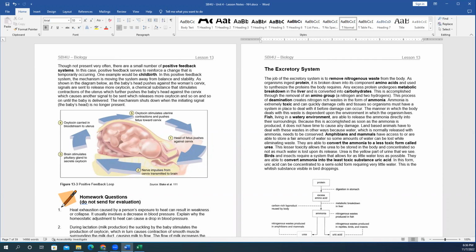And the way that the body is able to do this, to remove this waste, it really depends actually on the environment that that organism lives in. For example, if we look at fish, they live in a very watery environment. They live in the lakes and oceans, and they are able to just release their ammonia directly into their surrounding,